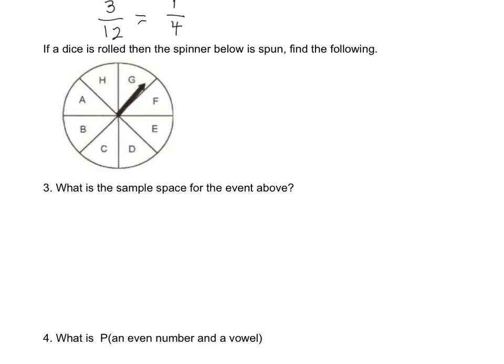All right, so for number 3, we have that we're rolling a die and then spinning our spinner with the letters A through H. We want to list the sample space. So very similar to number 1 with our sample space, we have to do a combination. So I have to go through all of the numbers on the die, and they each also have to get all of my letters. So that means 1A, 1B,